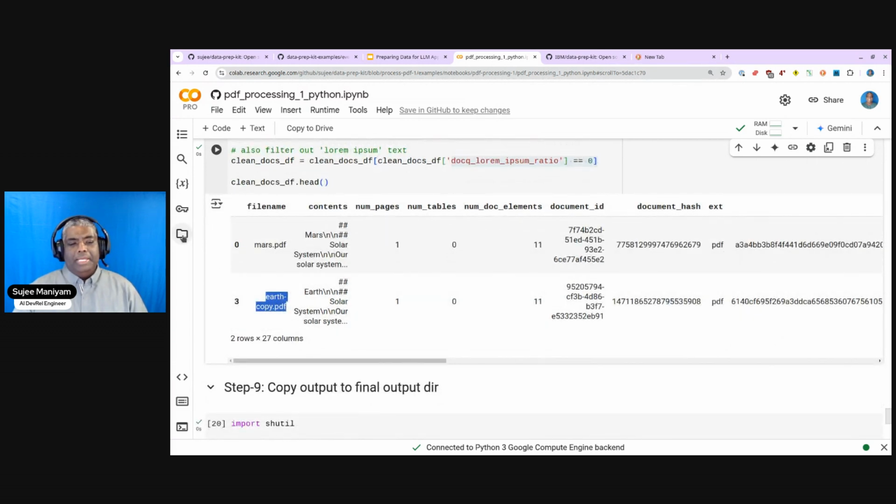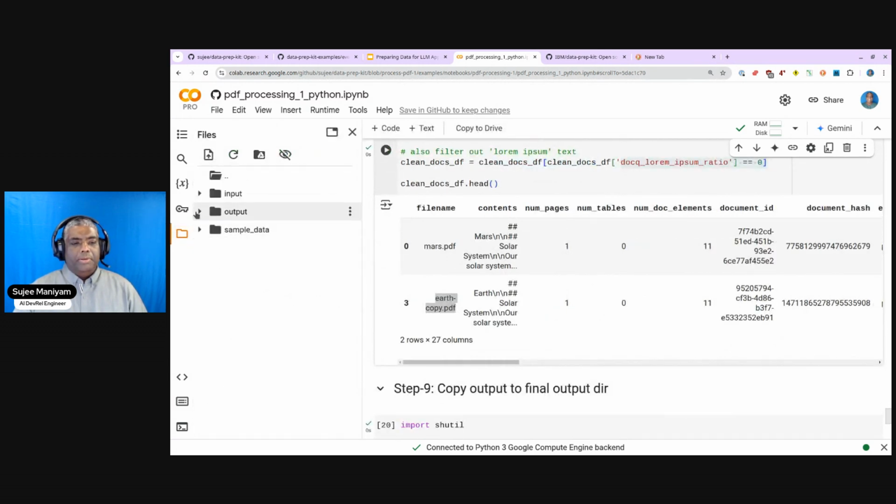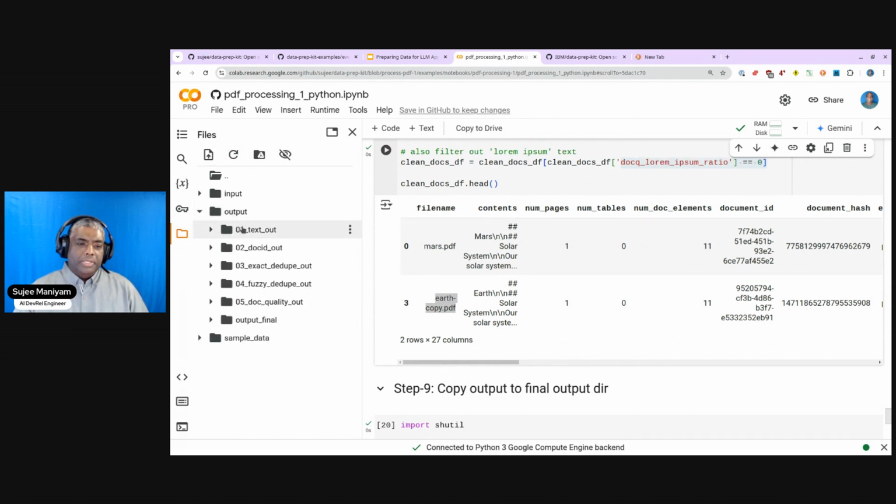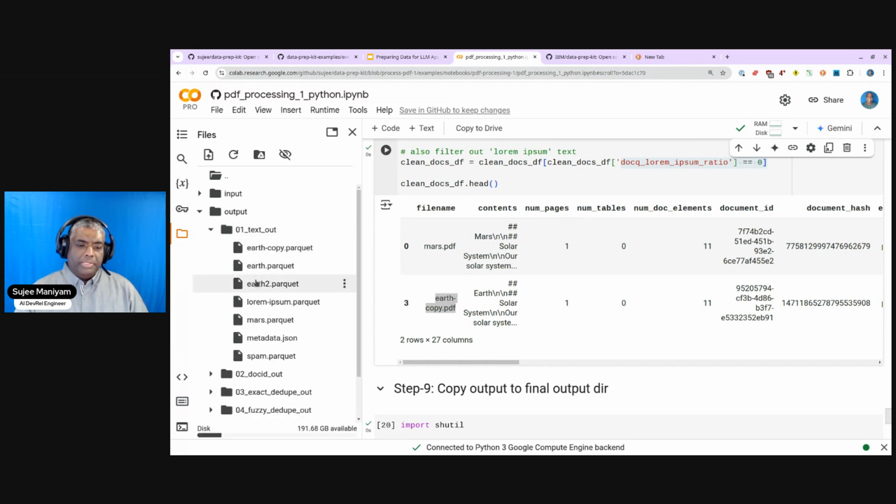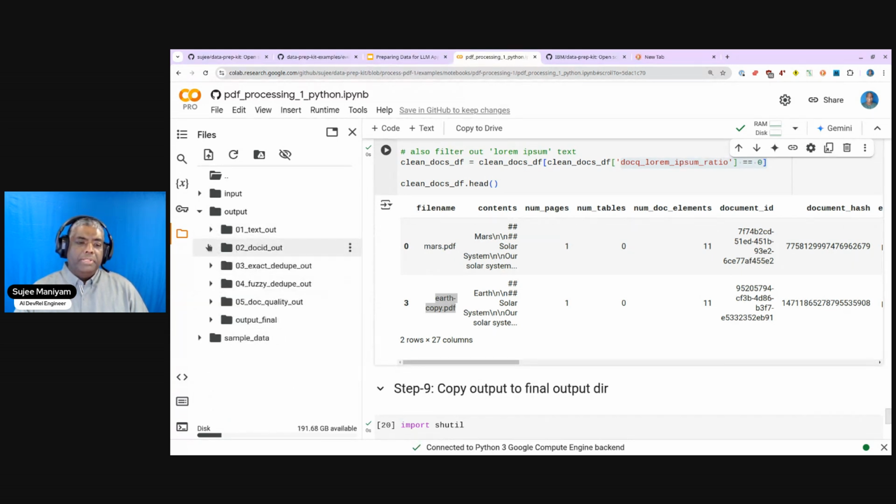Then let me show you the final output. I think this will work. There you go. Look at the output directory. If you click on this link here, it will show you the output directory, and you can see my workflow. I'm starting with 0, 1. If you expand it, you can see a little more. I started with a bunch of documents here with the file names, and every step I go through, exact dedupe, and so on. And the final step,